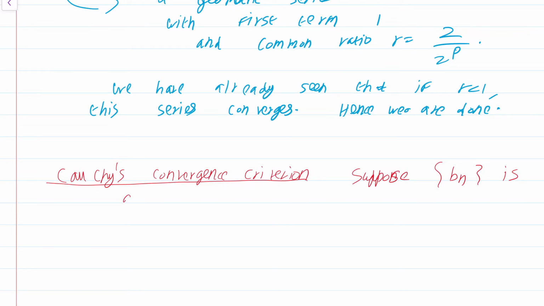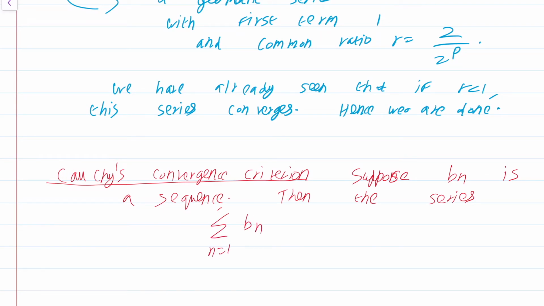Let me just use consistent notation. I have chosen to avoid putting the parenthesis whenever possible. So suppose Bn is a sequence, then the series summation Bn, n equals 1 to infinity, converges